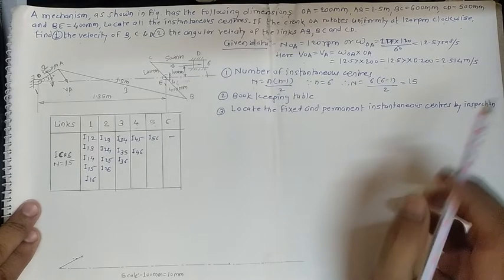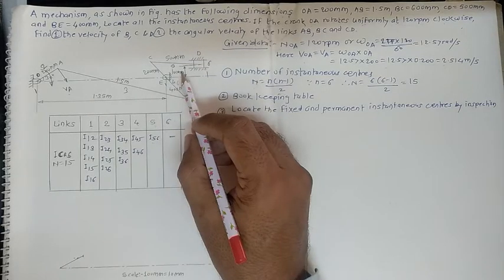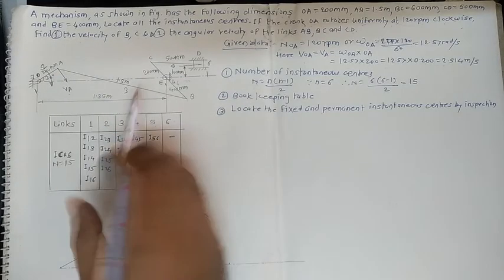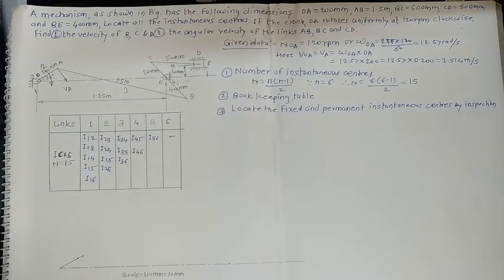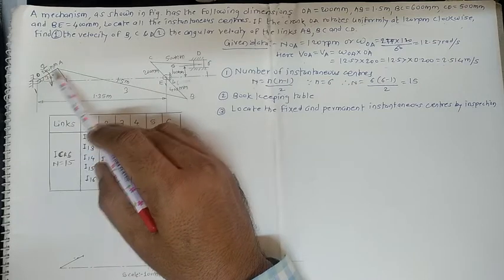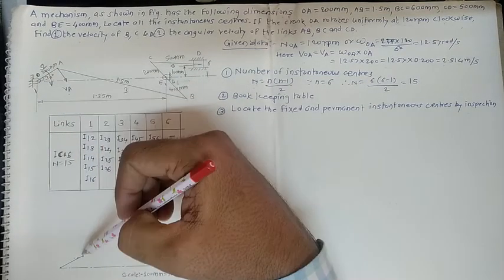Now for that we'll draw the diagram here. In this case, the smallest length with us is 100 mm and the largest one is 1.5 meter. For that assume some suitable scale. I'll assume the scale as 100 mm equals 10 mm. As per this scale, what about the length of this one? 200 mm. As per this scale, for 200 mm we get 20 mm distance.